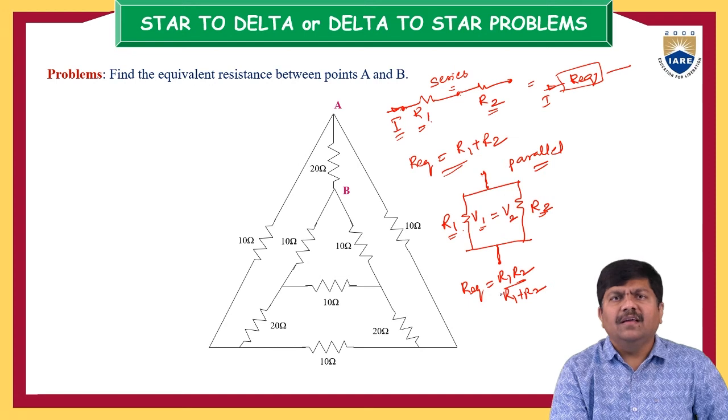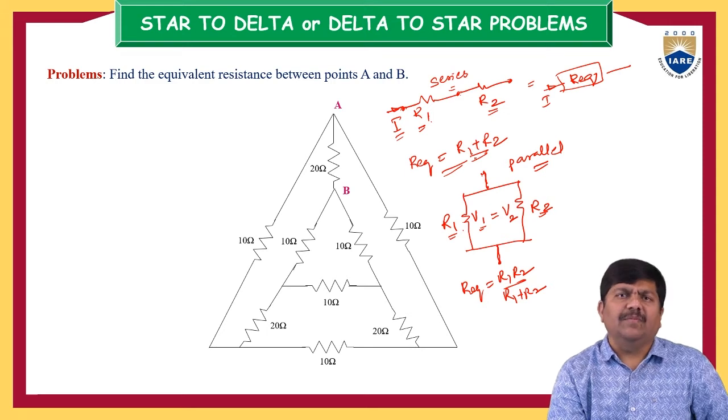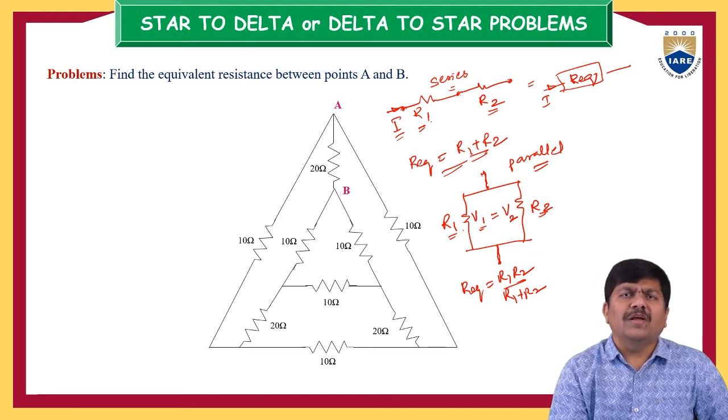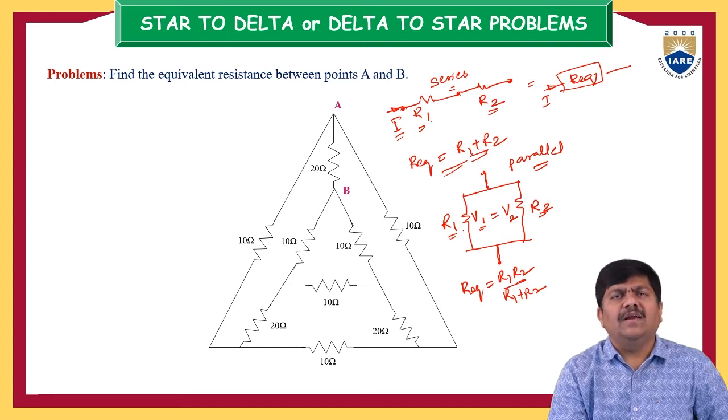So this is the equivalent of parallel connected elements and this is the equivalent of series connected elements. These are the two simple techniques by which we can eliminate more combinations of resistances, replacing each combination with its equivalent. But the problem is, whenever a circuit, suppose now I have shown a circuit like this.